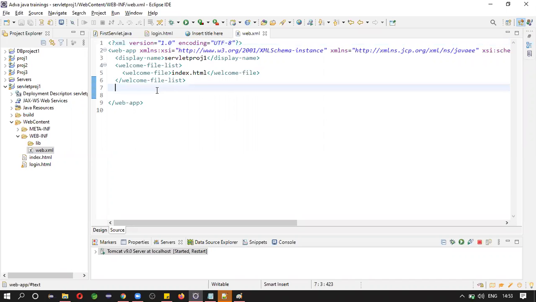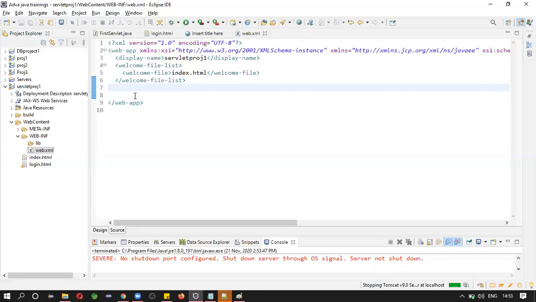First of all, if a servlet needs to serve the request, first it must be registered. Where can you register? You can register in the web.xml. Here, just stop the server.